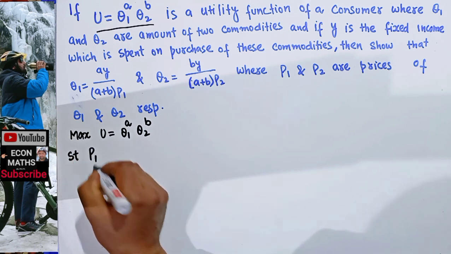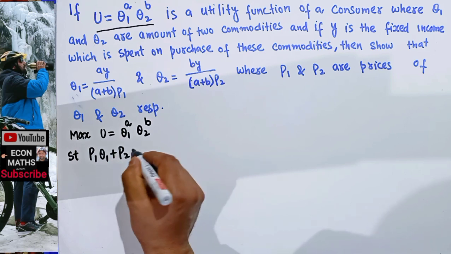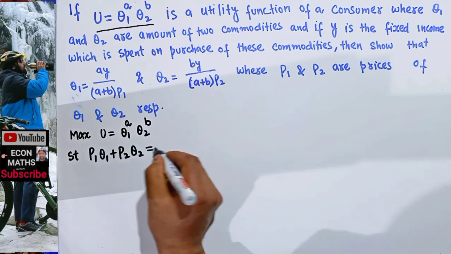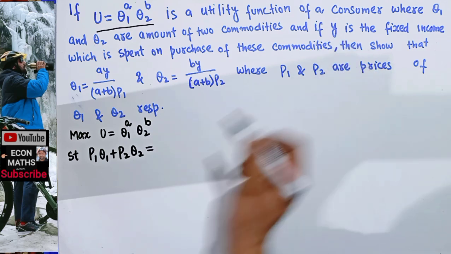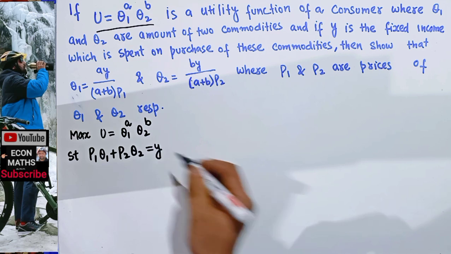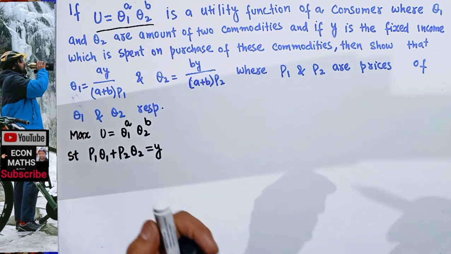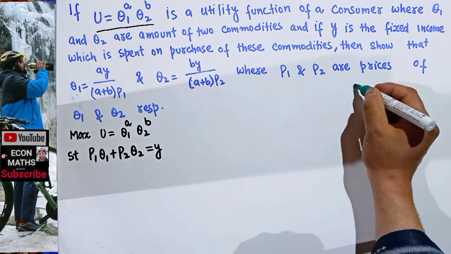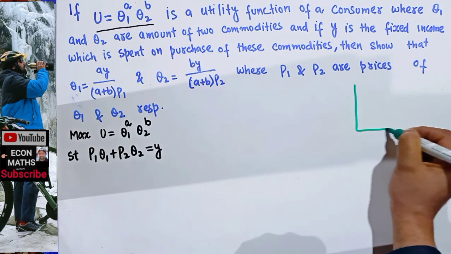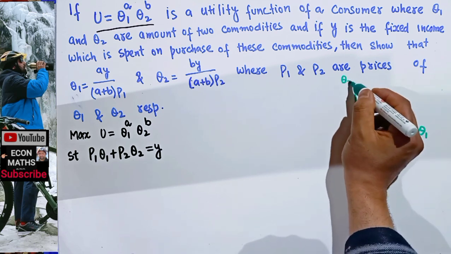Simply price of good 1 times units of good 1 plus price of good 2 times units of good 2 should be equal to income. Okay, so income is being denoted by y. We want to maximize this utility subject to this budget constraint. And on graph, what exactly is meant by this? So if we have q1 on this side, q2 on vertical side,